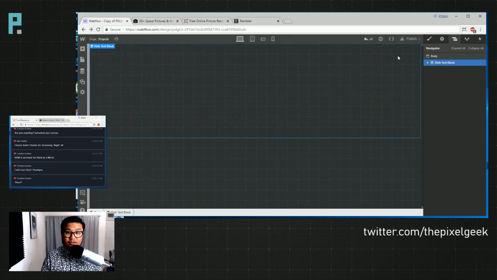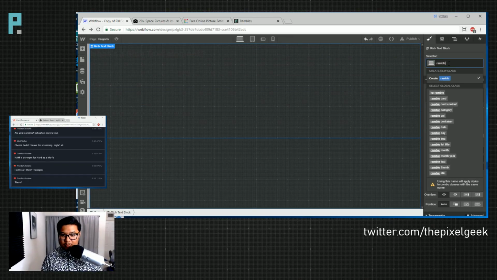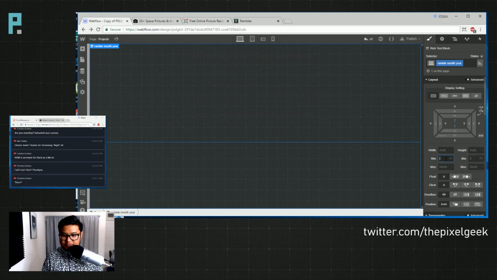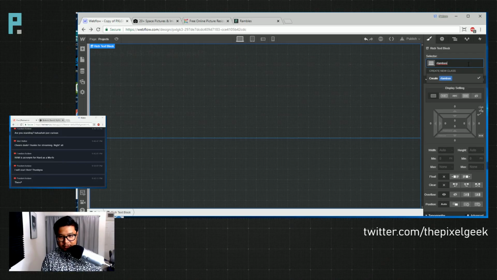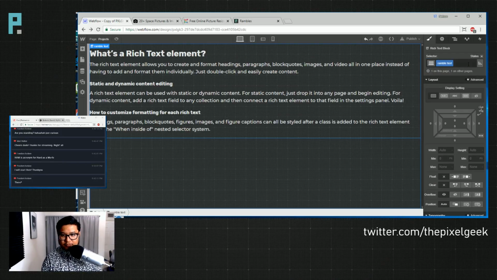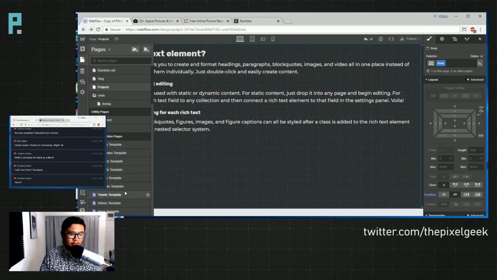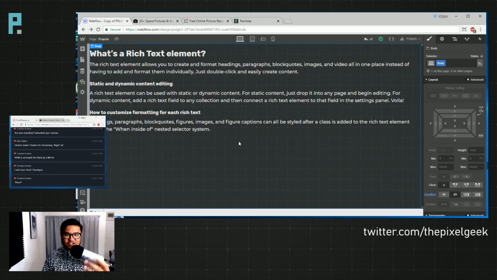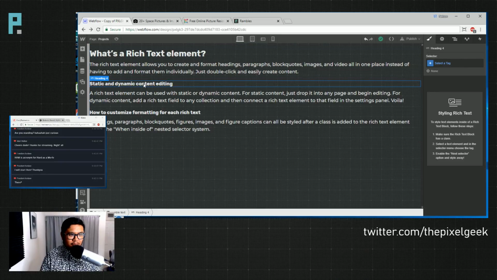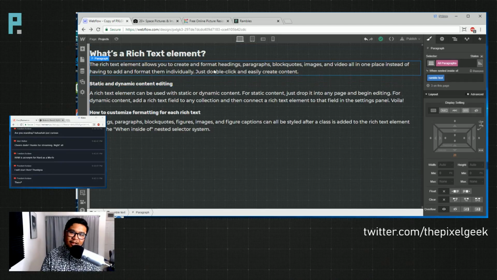I'm gonna bring in rich text, and this one's gonna be called Ramble text. Okay, so this is a static page. The purple one is a dynamic page. That's how it's the shell, and I can put data inside. Okay. So see, this is a paragraph. This is H4. So I need to style these right here. So when nested inside of Ramble text,